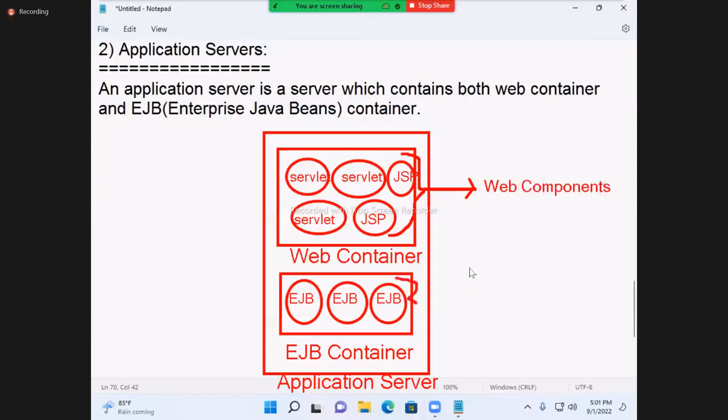These are called business components. Servlets and JSPs are called web components. EJBs, business components, enterprise Java beans.